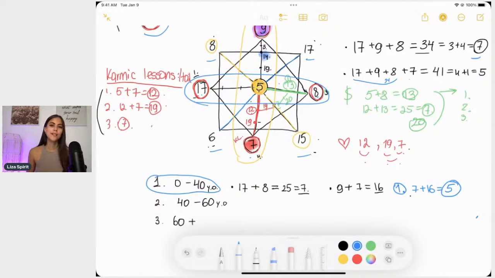But as you could see, that's also my main energy. In many cases, you're going to get the same number as your main energy, as your energy in the middle of this whole diagram, or I don't know how to call it even, this whole drawing, this whole chart. Oh, yeah, chart. That's a good word. So yeah, it's going to be the same as the one in the middle in the majority of cases. If not, it's totally fine. It's just a different mission you have to understand. So you have to understand yourself as well. Focus on yourself, who you are, what you should do in life. So it's also about learning more about yourself and your energy.